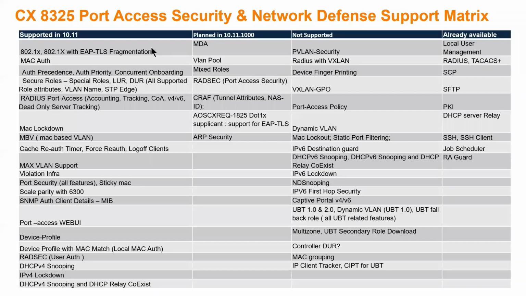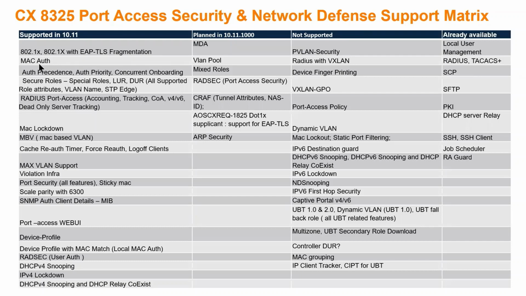So this is a matrix that represents the list of features that will be supported in 8325, which are planned in CP release 10.11.1000, which will not be supported in 8325 currently, and which are the security features that are already available. So if you see here, the list of features supported in 10.11 release is